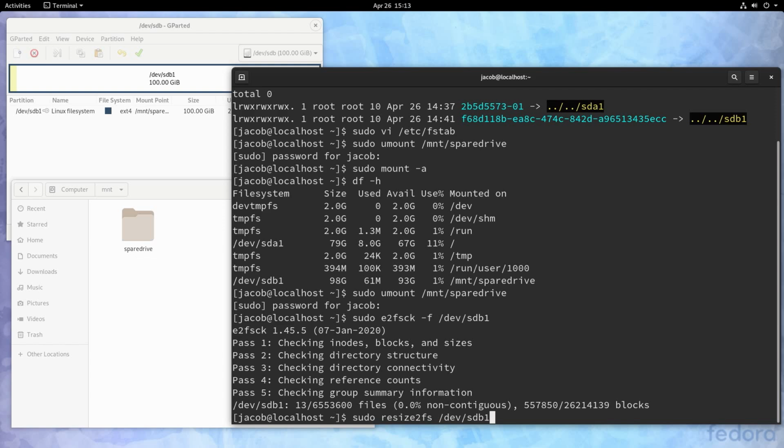Now, if you're expanding a file system, you'll want to just stop here, because the default action for resize2fs is to set the file system size to the maximum size of the partition. So if you just made a partition larger and now you need to resize the file system to fill in that extra space, you would just run resize2fs and then the name of the drive. Since we're shrinking it here, we need to specify the size we want manually. So we're going to do 50G, which is going to be about half the drive.